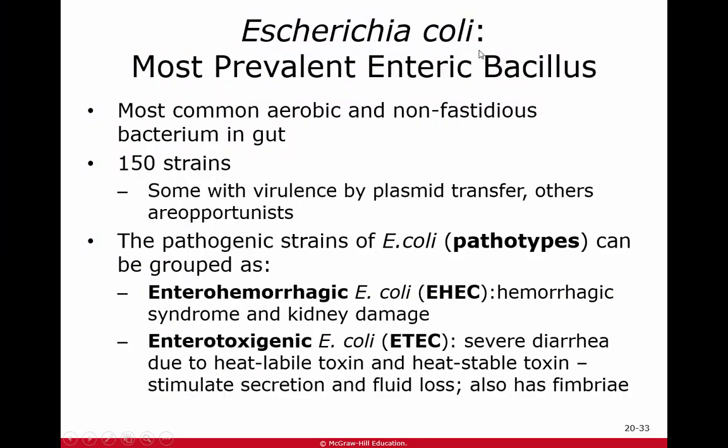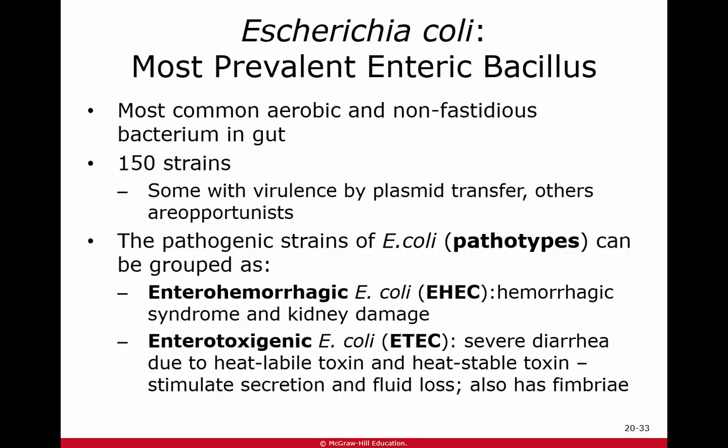Now we move to the Escherichia coli, or E. coli. This is the most prevalent enteric bacillus, and it's a common aerobic bacterium in your gut, and there are 150 strains. The pathogenic strains, or the pathotypes of E. coli, are either enterohemorrhagic, which causes hemorrhagic syndrome and kidney disease, or enterotoxigenic, which causes severe diarrhea, and it has